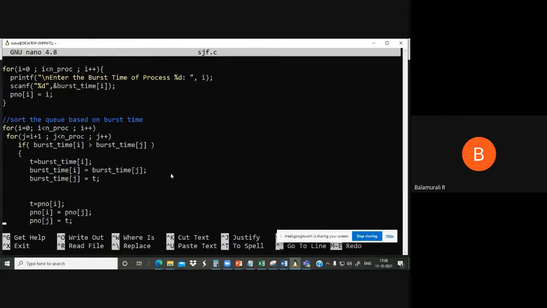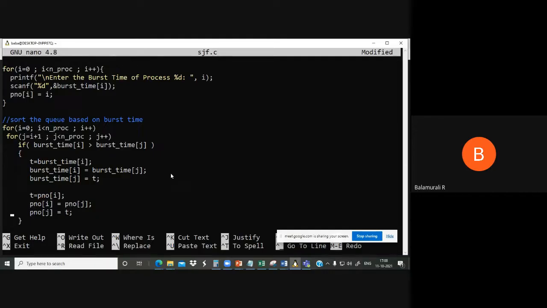We are not only swapping the burst time, we are also swapping the appropriate process number. So t is equal to process number of i, process number of i is equal to process number of j, and process number of j equal to t. When you swap the burst time, accordingly the process numbers should also be swapped.